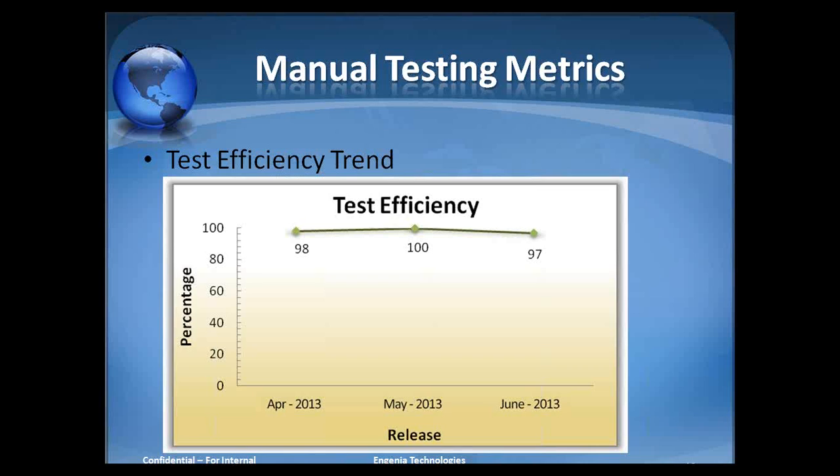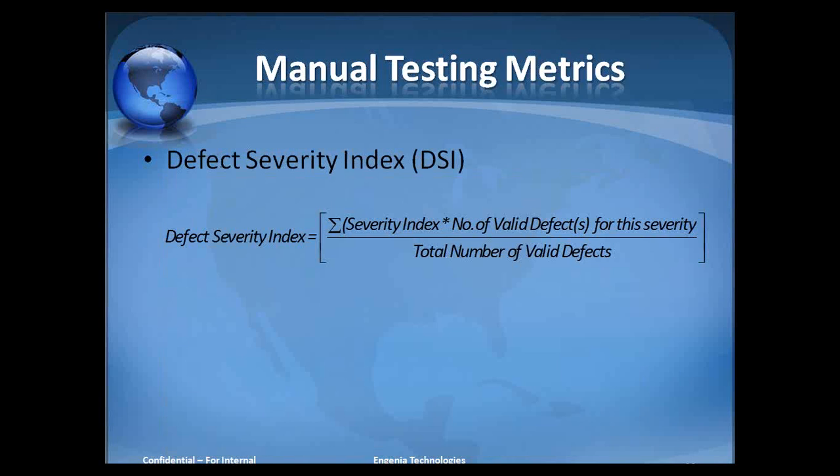Now moving forward, we can have this trend analysis in the test efficiency. In the month of April, it was 98%. Then in the month of May, there was no defect leakage and the test efficiency was 100%. That is a very good figure. And in the month of June, it came down to 97%. So we can have this kind of RCA activity, that is root cause analysis, taking into account this type of metrics, on what can be done to achieve a rate of 100% and why this particular rate falls from 100% to 97%. So we can do a root cause analysis for these defects.